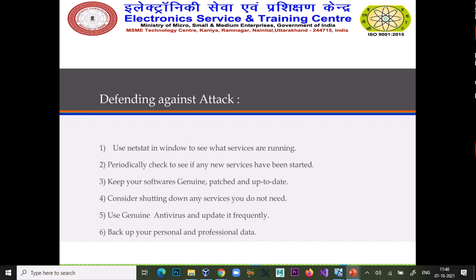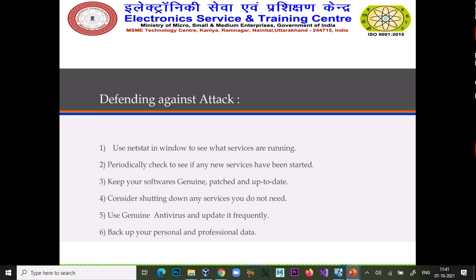Likewise, Process Explorer is available in our computers, and there is also RAM optimization available in our smartphone. So please use the RAM optimization and check whether any unwanted process is running in the background of your phone or not. Periodically check to see if any new services have been started or not.